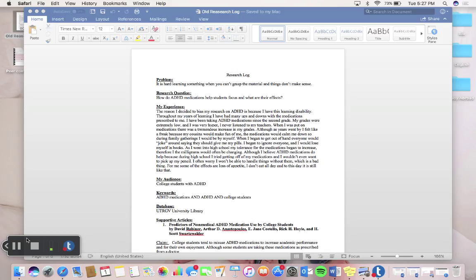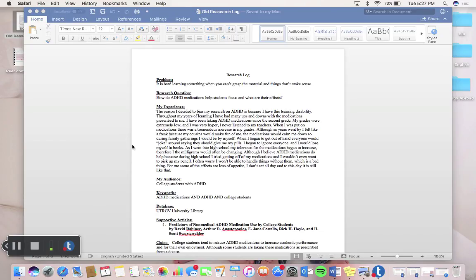I started rewriting my papers word for word to catch mistakes. Then I would go back and edit it just to be sure that everything was okay. I would sometimes also ask my friends in class to read my paper and tell me their opinions. I used their feedback to fix my papers and to make it better.